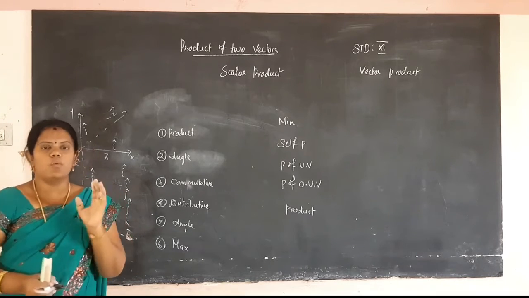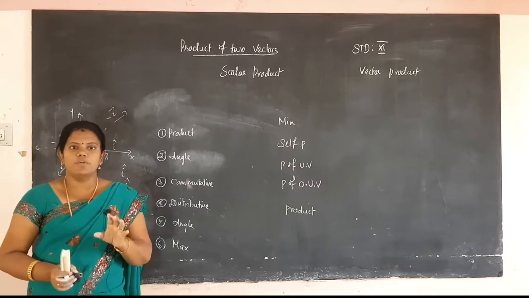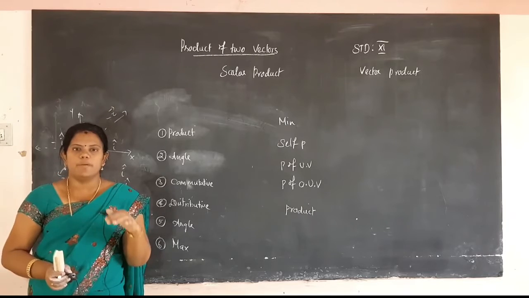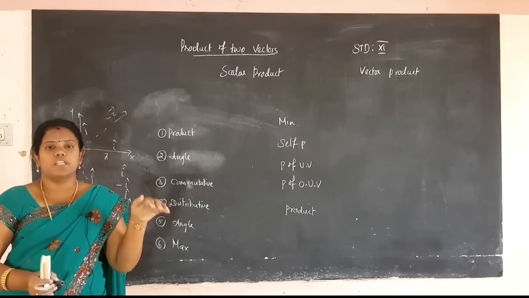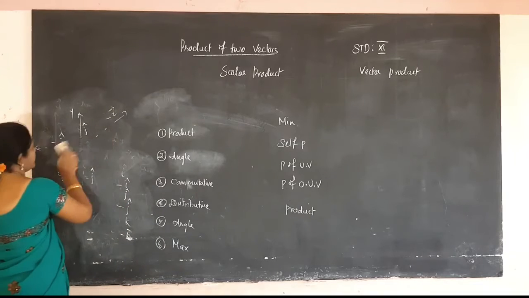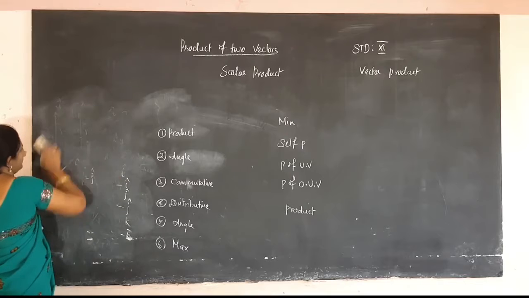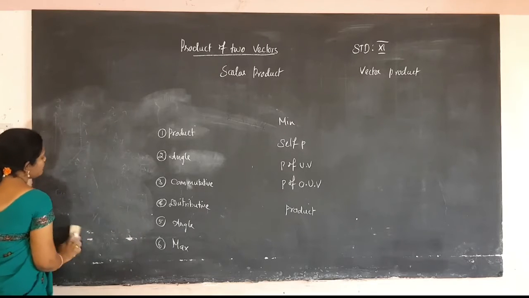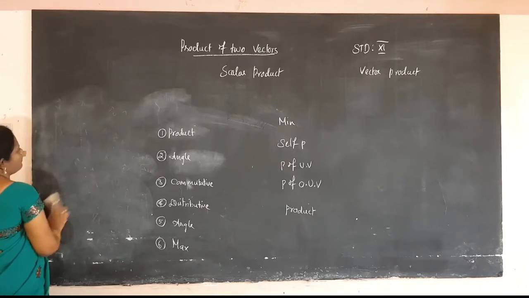So how to calculate the component of unit vectors? The component of unit vectors is nothing but one vector mentioned along the x, y, z axes along with their unit vectors. Okay. So now we will go for how to take the product of two vectors, in the form of a scalar and in the form of a vector.